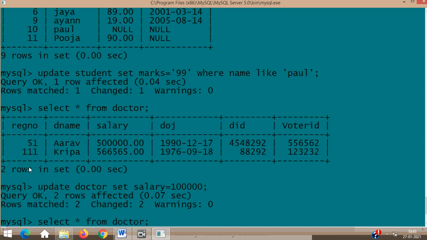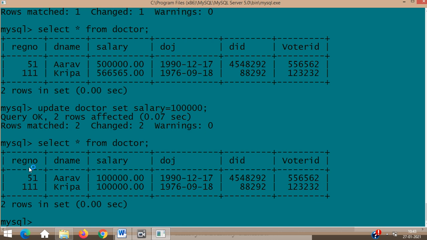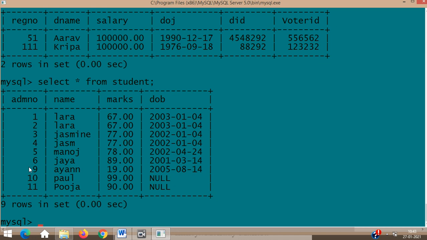Now what happens is that since I didn't give any condition, if I have five records, everything will be changed, the salary as 1 lakh. With the WHERE condition, only the exclusive change will happen. Without the WHERE condition, update reflects the updation everywhere.